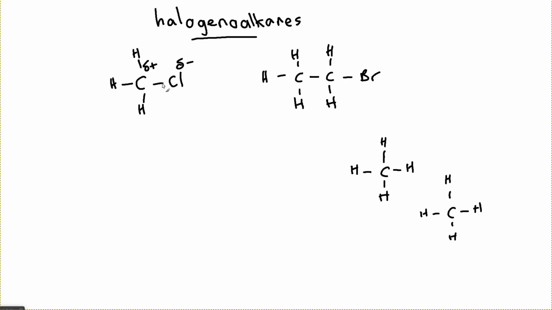But here we're not relying on that instantaneous and induced dipole. We've actually got a permanent dipole because of this polar bond, and that means that the interaction here between these halogenoalkane molecules is going to be that much stronger. Okay, so because of this polar bond here, these interactions between these molecules are going to be the permanent dipole forces that are going to be stronger than these ones. So it will have a slightly higher boiling point,